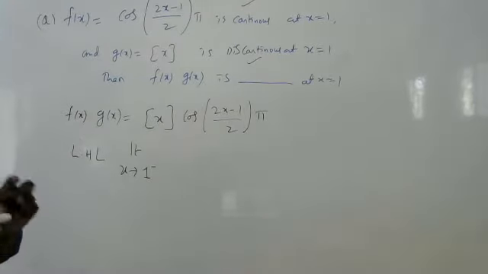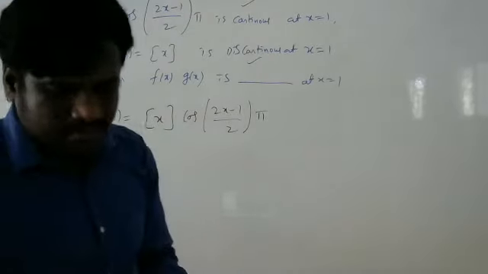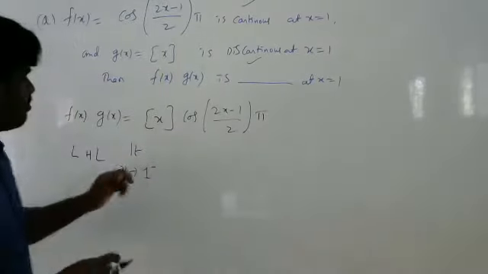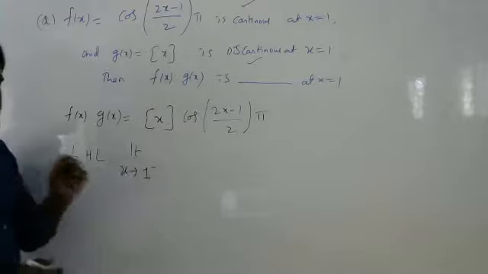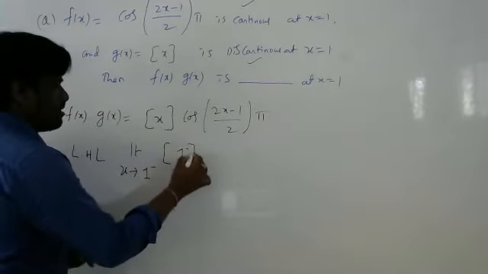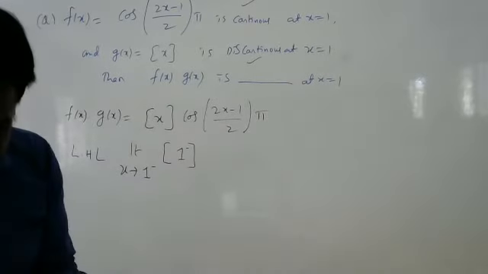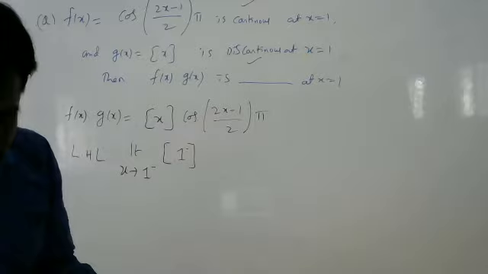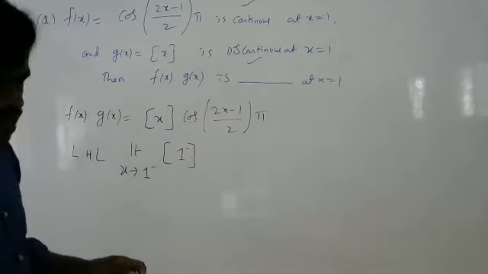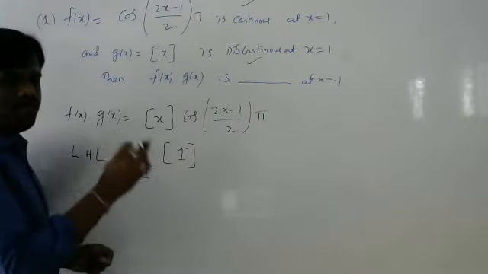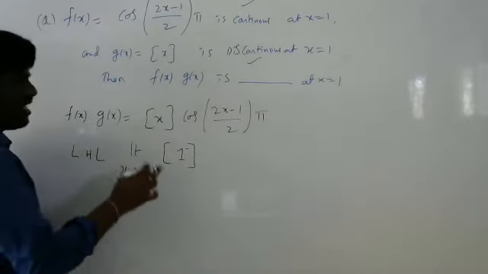Now tell me, all of you have to answer me. You have to speak to me. Greatest integer of 1 minus is how much? Should I write? Okay, I'll write once. 1 minus means 0, correct? Can I write 0 directly? Everybody knows now. 1 minus means what? 0.9999. Greatest integer is 0.